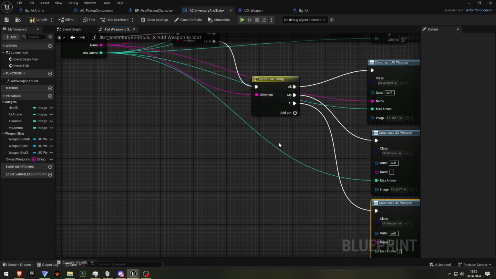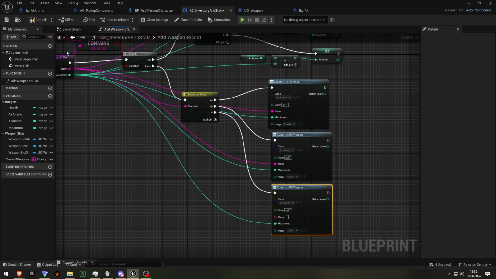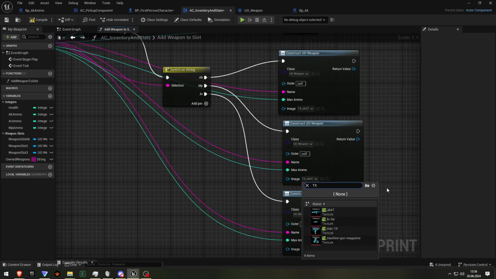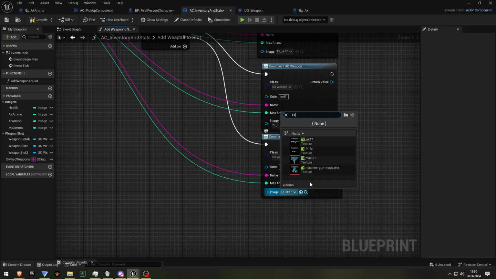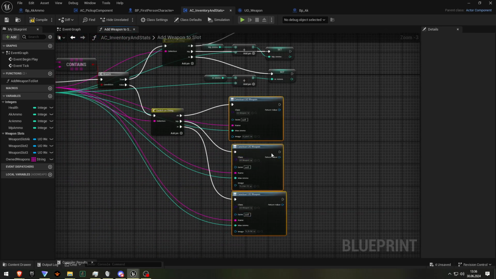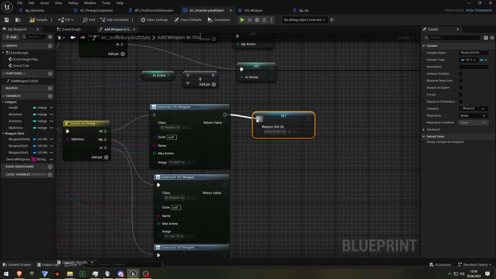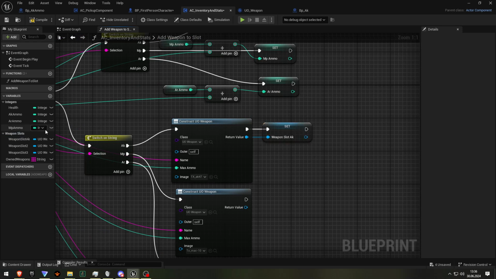The max ammo comes from our actor. And the name as well. Now let's set the images, TX MP or Mac10, and TX AR. Or the file. I use the file for this one. Okay. All right. After we're done with that, we have to set our weapon slots AK. And then we have to also add them to an array